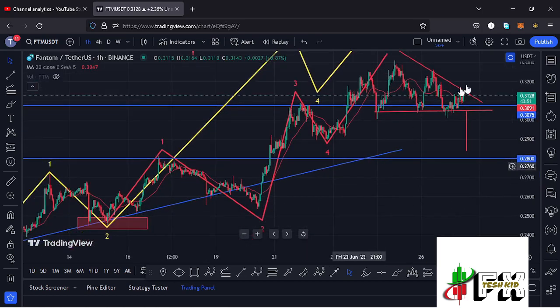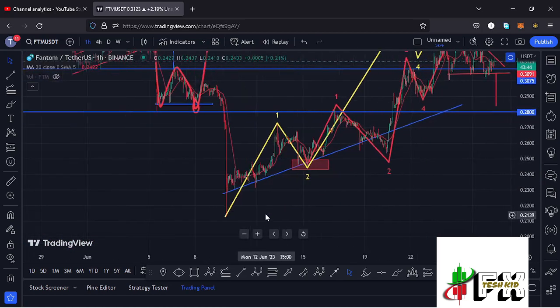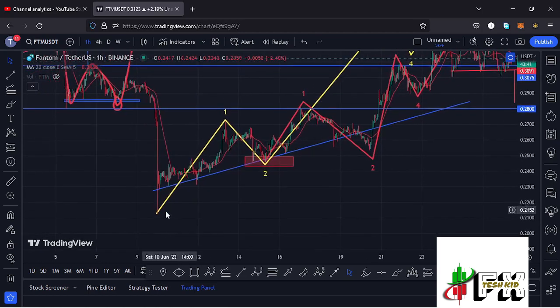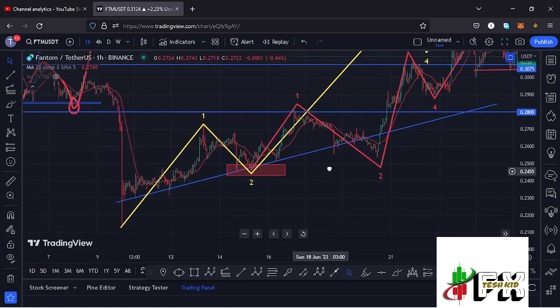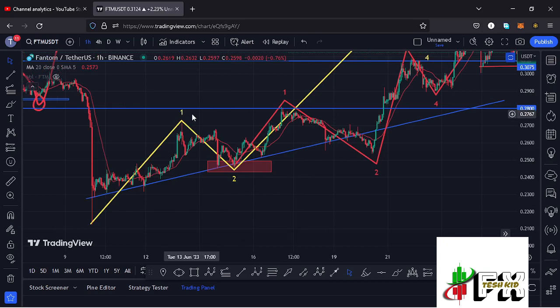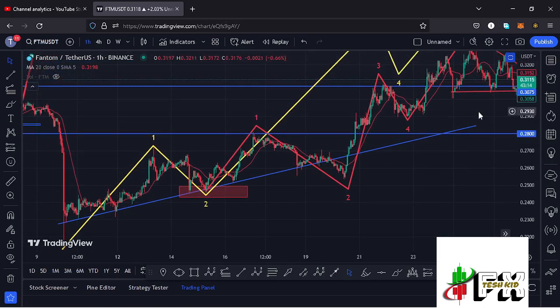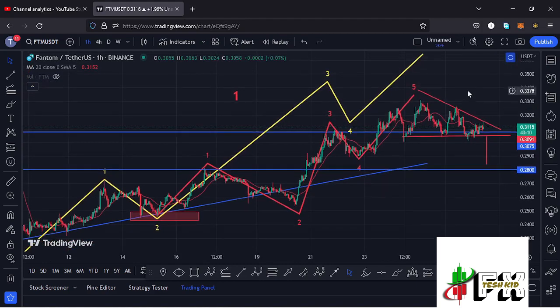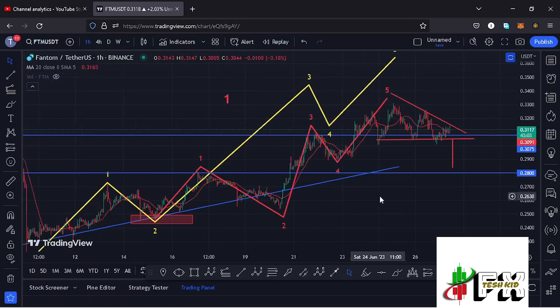$0.2837 mark. Fantom has also continued to obey the Elliott wave structures, where you can see that after our massive crash on the 10th of June in a breakdown move that gave us a low at around the $0.2134 mark, we started this nice bounce to the upside obeying the Elliott wave structures. I've been terming these as a first wave to the upside, then a second wave in the formation of this wave 2, in a move that fully maximized minimum target areas highlighted on the charts using this red target area. Afterwards, we started an impulsive move to the upside in the formation of a wave 3, in a move that has now given us a peak at around the $0.331 mark,